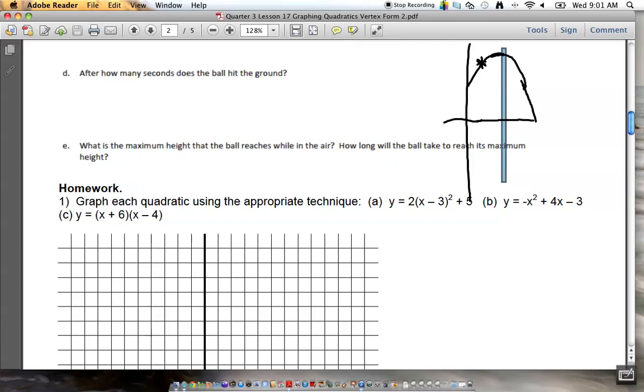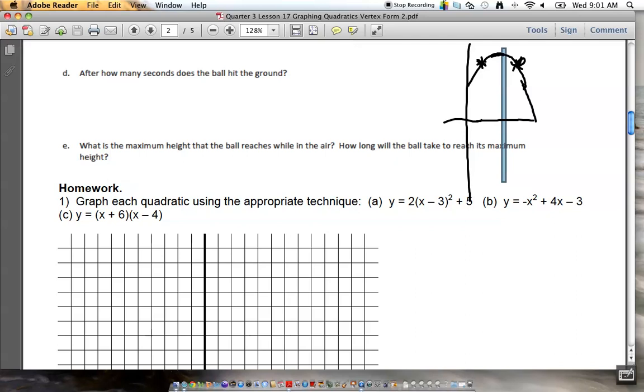Then what does it say at the bottom of the screen? Right bound. You want to move it to the right side of the maximum. So use the arrow button to move it to the right side of the maximum. I don't care where on the right, I just care that it's on the right. So get the little blinking bug over here somewhere. And then hit enter. When you do that, what does it say at the bottom? Guess. Whenever it says guess, always hit enter. And then what does it say? Maximum y equals